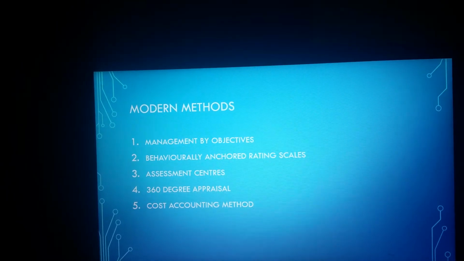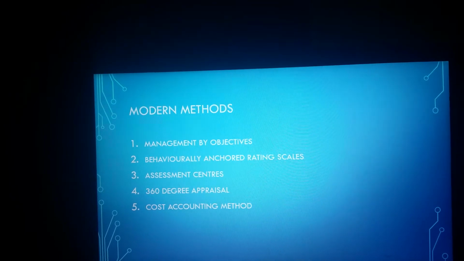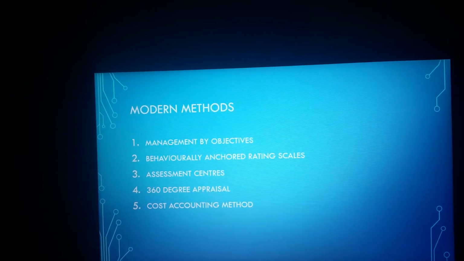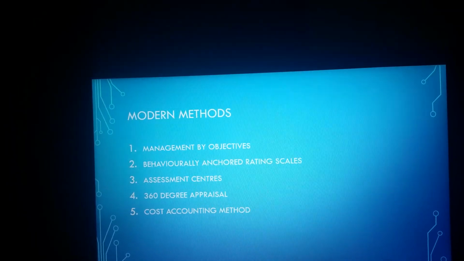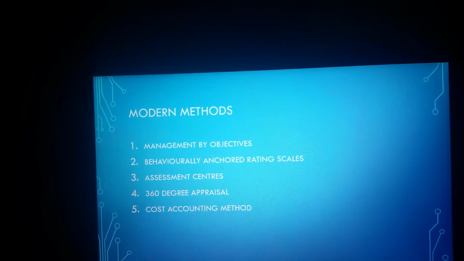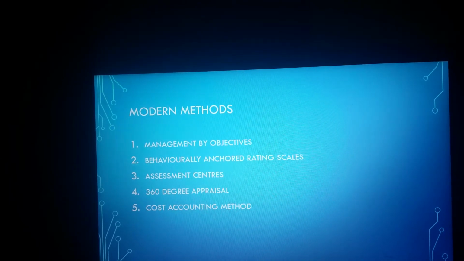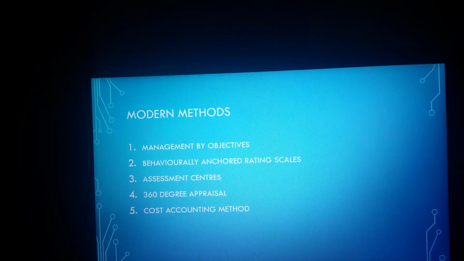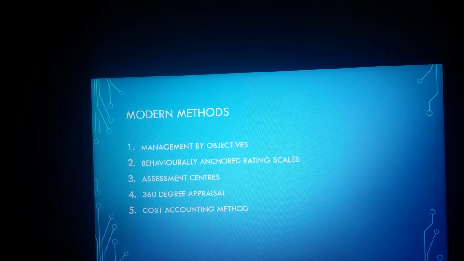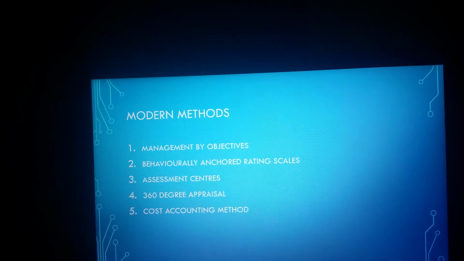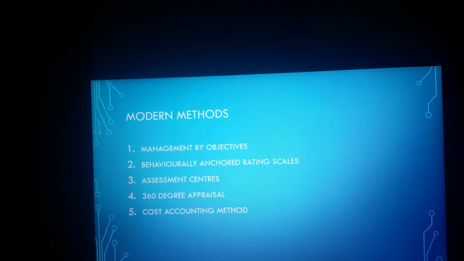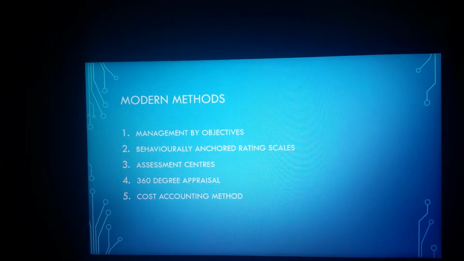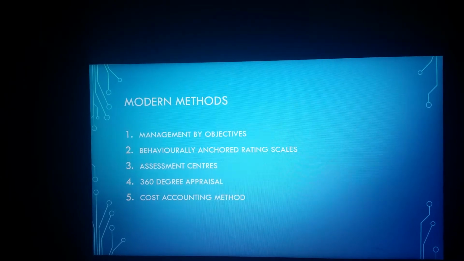So in the goal setting method, which is MBO, goals are set that each individual has to attain, and these goals are established by the superior as well as the subordinate jointly. The purpose of adopting the MBO method is that it is a more objective type of performance appraisal compared to the other methods. One example of the MBO method being used is Larsen and Toubro, that is L&T. They use the management by objectives method of performance appraisal.